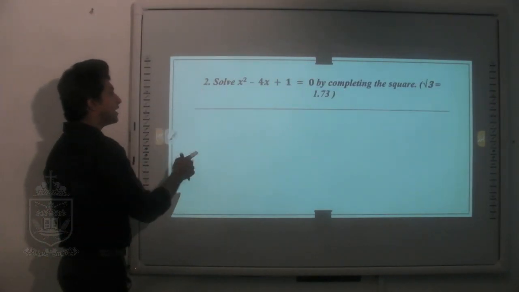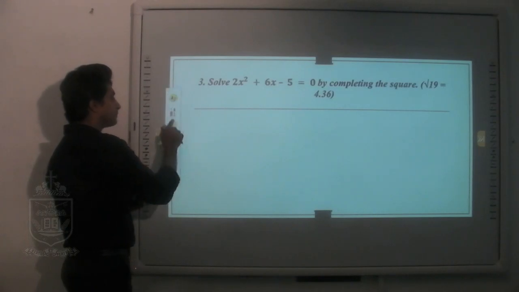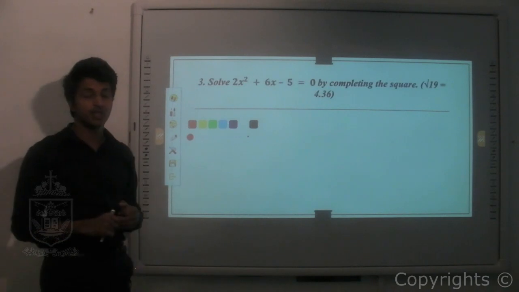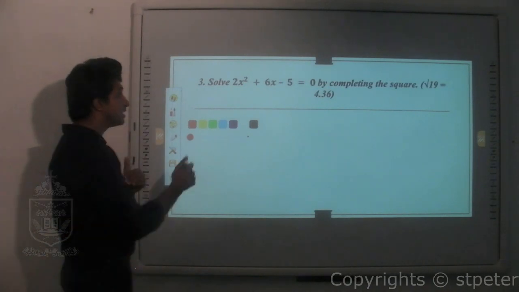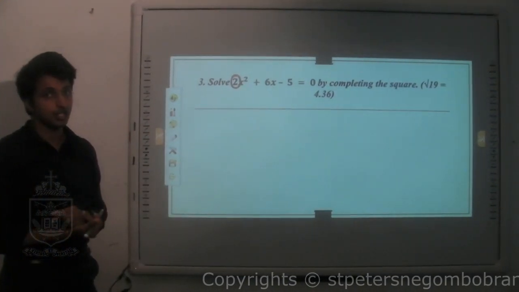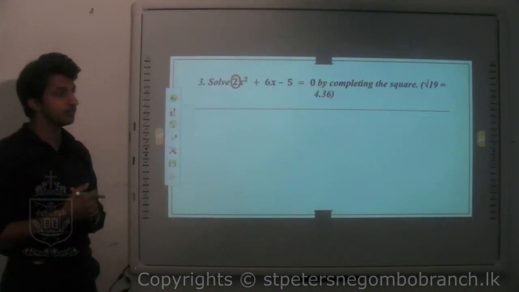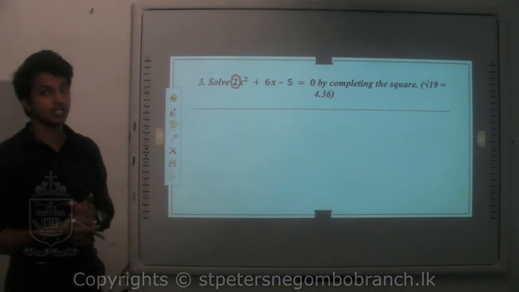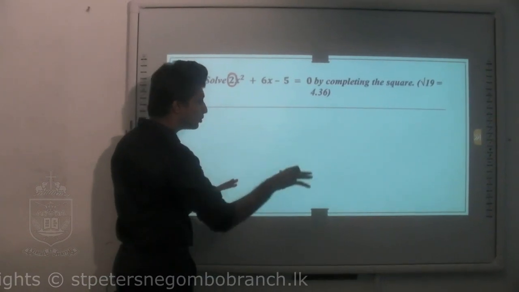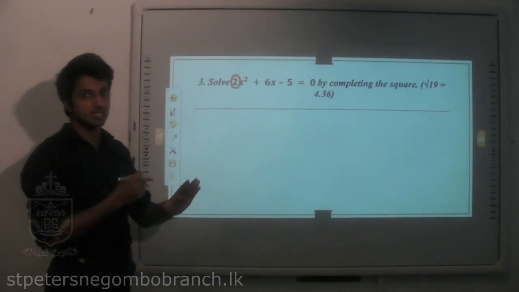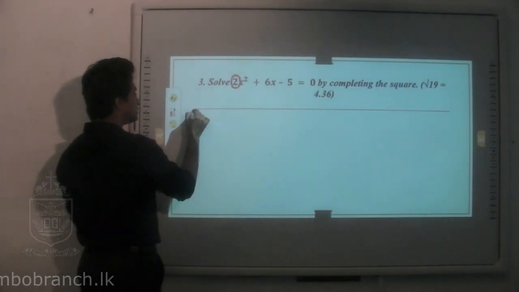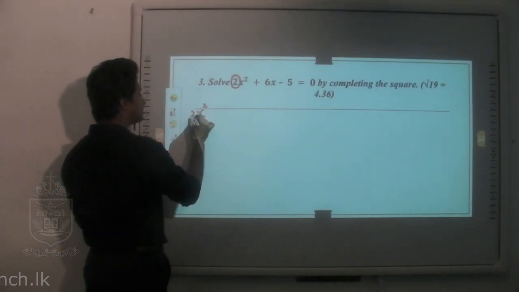Let's check with the next one, question number 3. Now there's a small difference with whatever we've been doing previously, is that here x squared value is not alone. You have a number in front of the x squared value. If you have a number in front of the x squared value, remember you can't go through the normal order as it is. There's a small thing here to do. First, take the equation. This is the equation you have been given.